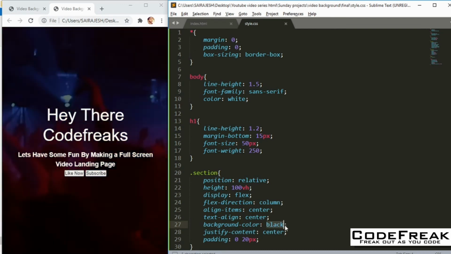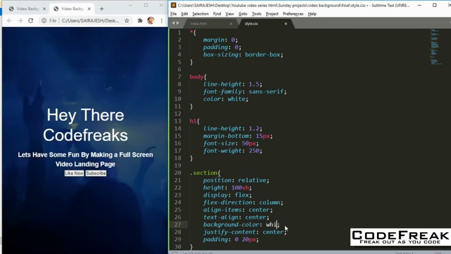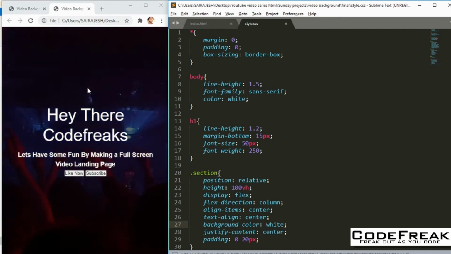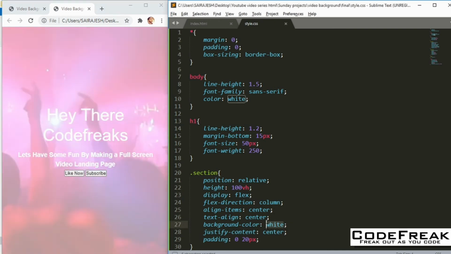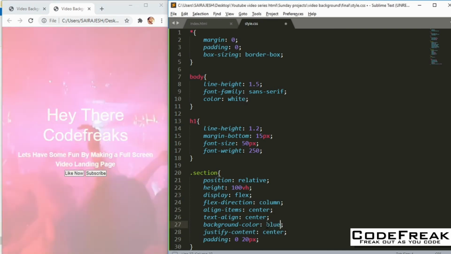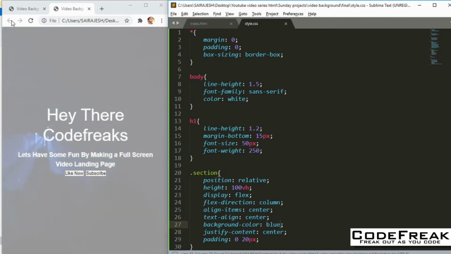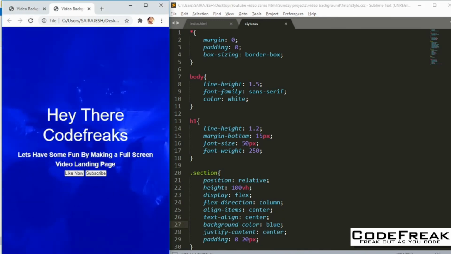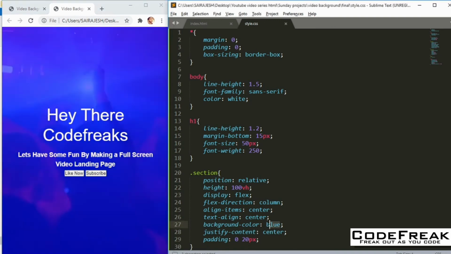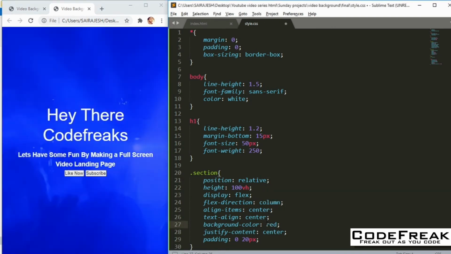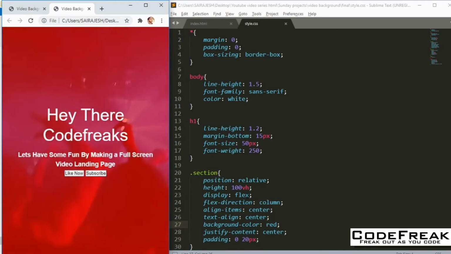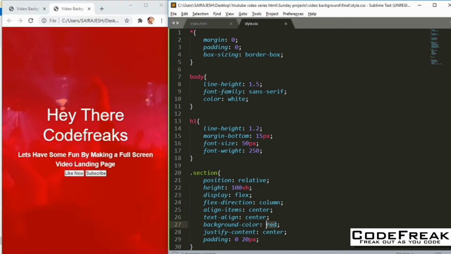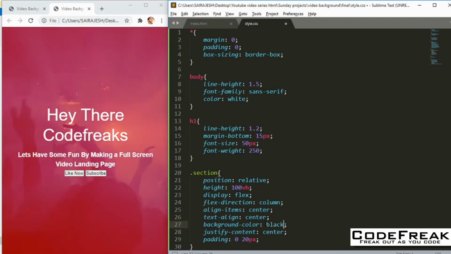You can give maybe a white color. If I give a white color here, you'll see that the opacity is with respect to the white color. So you can see that it's more whitish here. You can even give in some blue color. Let me give a blue color here. You will see that it's more towards the bluish side. You can give some red color also. So it's up to you, based on whatever you want to portray, you can give that color. But I feel black is good for this one, so I'll just do that.